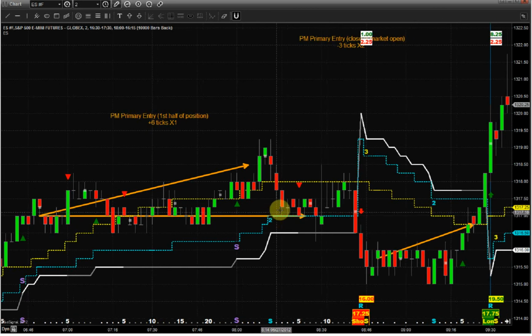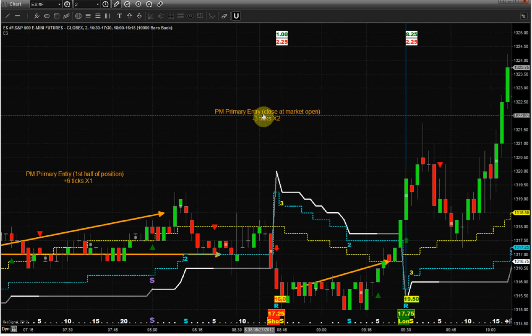It then had another trade going short, a primary entry close at market open. There was a primary entry short at about 8:45, which would have been closed one candle before the market's open at 9:30, which is a rule for closure. That lost 3 ticks times 2 contracts. So 1 contract times 6 ticks against 2 contracts at 3 ticks each of loss is a net of 0